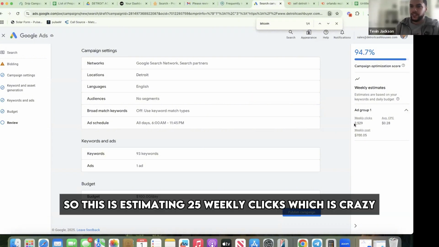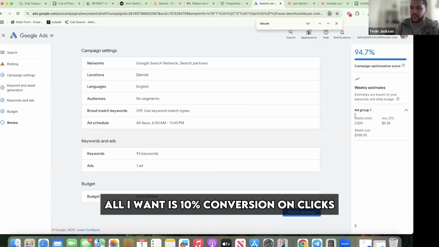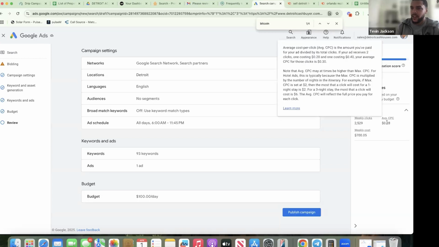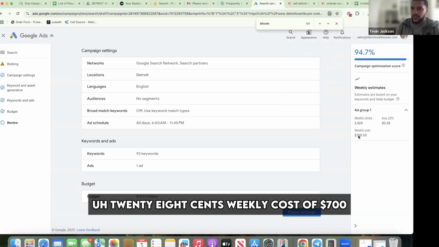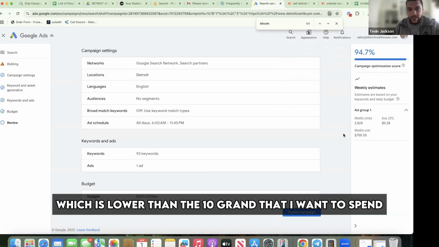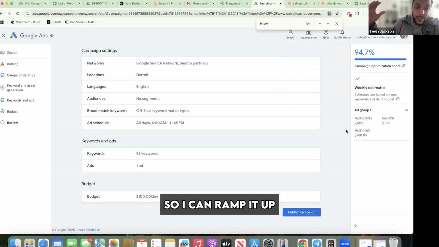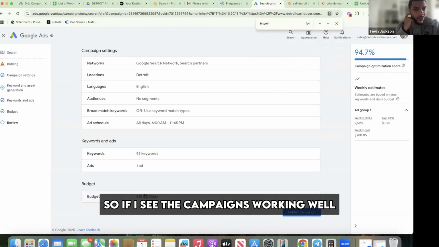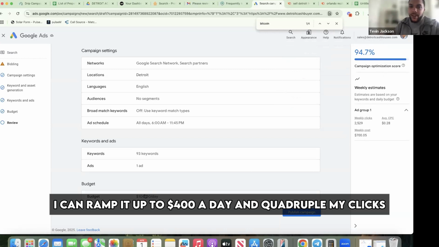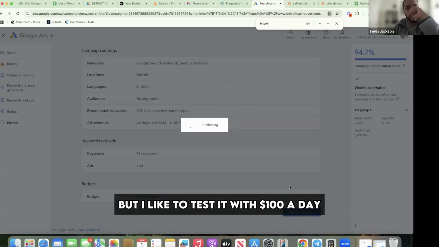Exactly. So this is estimating 2,500 weekly clicks, which is crazy. All I want is 10% conversion on clicks. Average cost per click, 28 cents. Weekly cost of $700, which is lower than the 10 grand that I want to spend. So I can ramp it up because this is only $100 a day. If I see the campaign's working well, I can ramp it up to $400 a day and quadruple my clicks. But I like to test it with $100 a day,